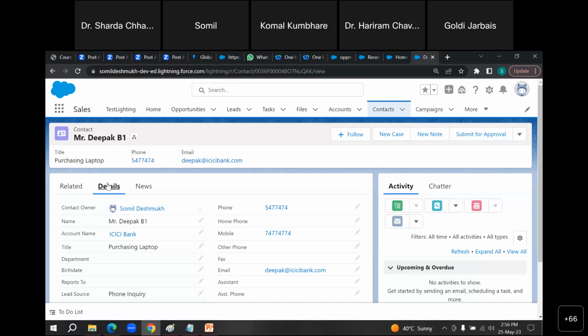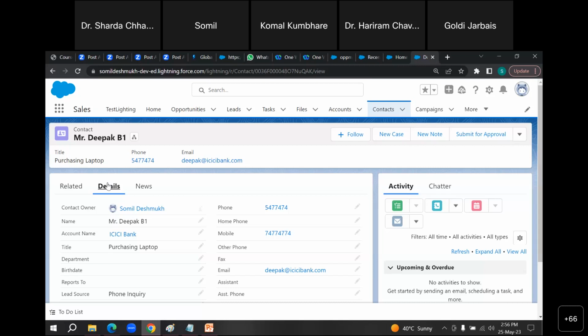Account can have multiple contacts. Company can have multiple people. Account can have multiple opportunities. So for account, multiple contacts, multiple opportunities. But for contact, single account. For opportunity, single company. So that can be one-to-one relationship. I would go more on that relationship tomorrow, but right now you can check that thing.